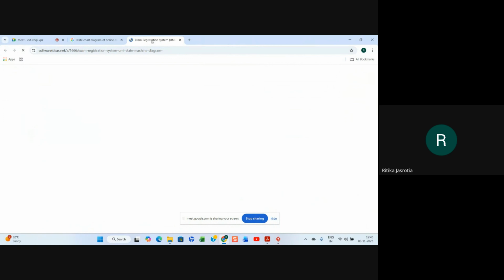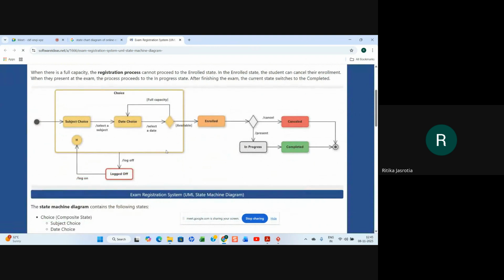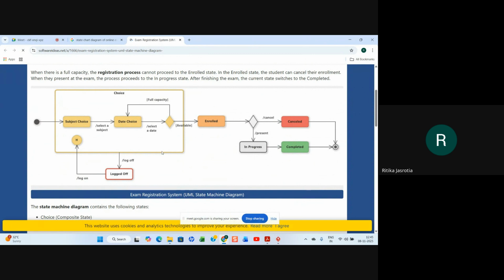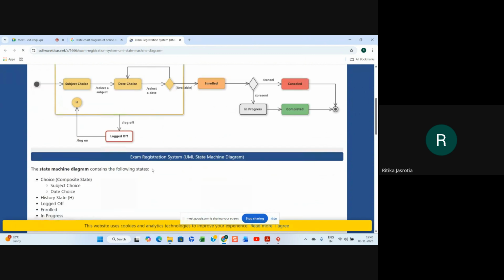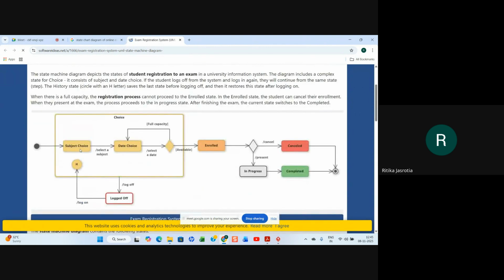They are showing an exam registration system. They have given a condition, but in a state chart diagram, condition generally is not there. So this is a particular choice.